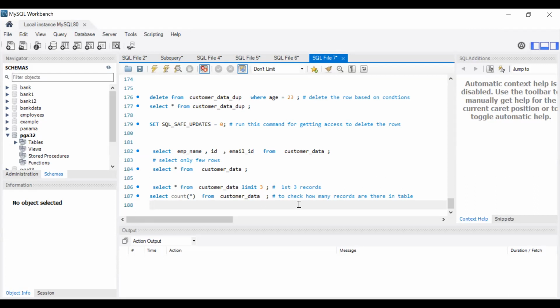36 है। 36 है। 36 कस्टमर डेटा में है, राइट? कस्टमर डुप्लीकेट में नहीं है, राइट? लेट्स सी। तो मैं एक साथ रन कर देता हूं, देखते हैं क्या।